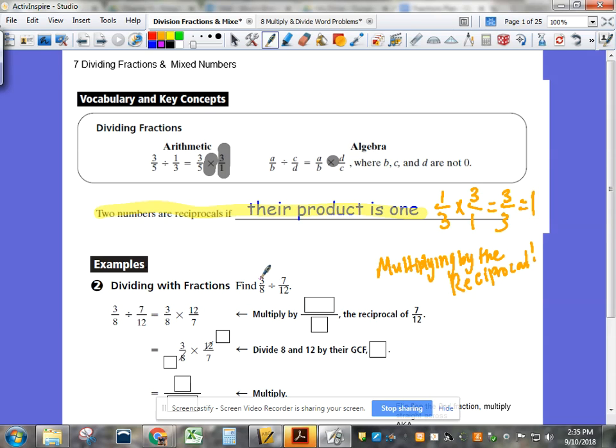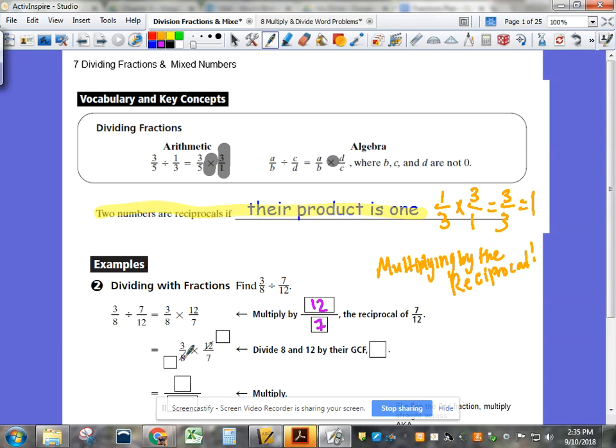So if I'm doing 3/8 divided by 7/12, the way that I'm going to set this up is actually 3/8 times 12 over 7. Why? Because 12 over 7 is the reciprocal of 7/12. Now I'm ready to rock and roll